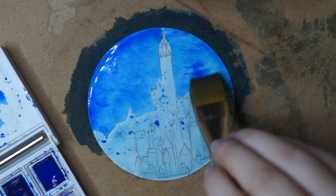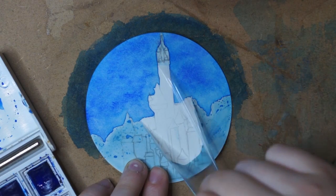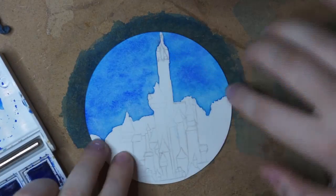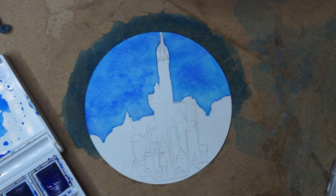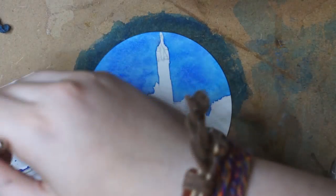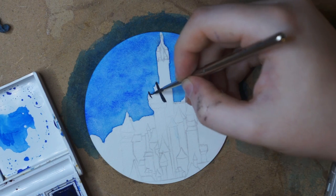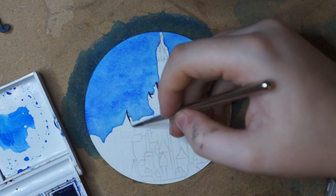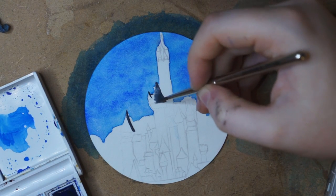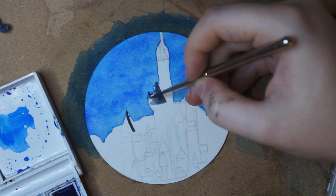and I wanted to create kind of like different layers of colour, so I just blotted in a bit of darker, more intense blue, and then washed out a little bit of the other blue, so it creates that kind of mottled effect. And as you can see, after I pulled off the masking fluid, once the watercolour was dry, I found that it didn't leave crisp enough lines where the roofs are, so using a mixture of ultramarine and burnt umber, I created a kind of Payne's grey colour,